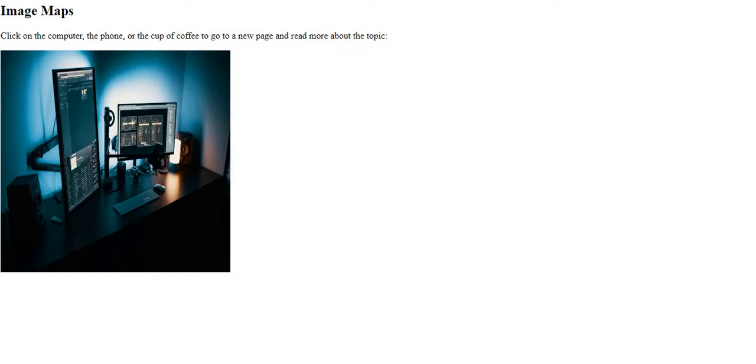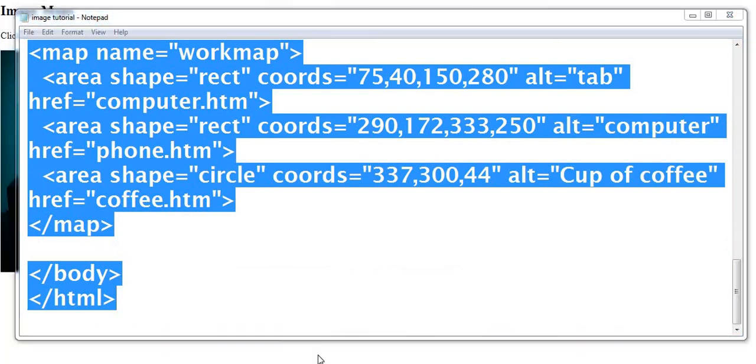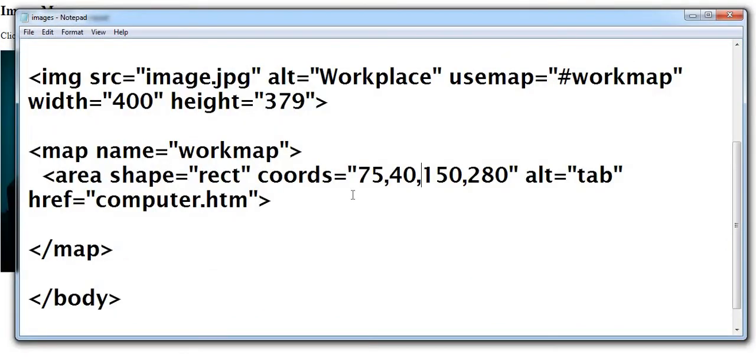Now let's see the code again. Here we provided the coordinates and the alt, and in the area tag we can provide an HTML page. When an element is clickable, you can provide a website name, so that if you click on that part of the image, a page can load.